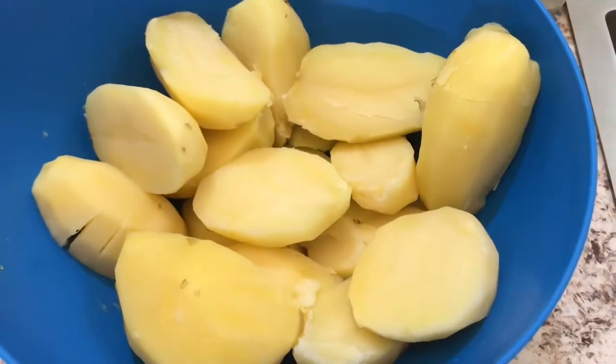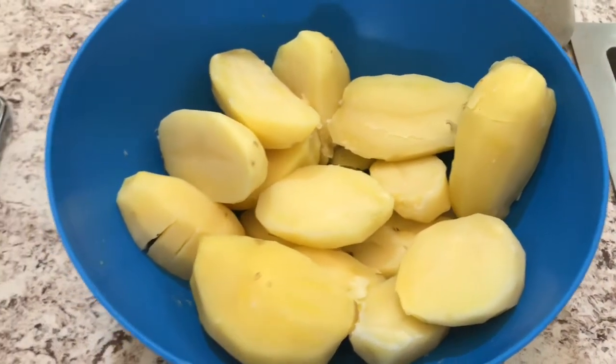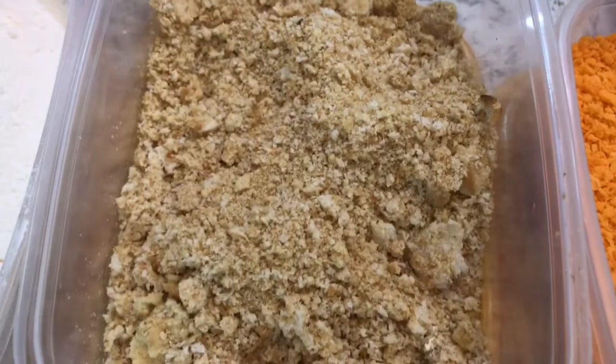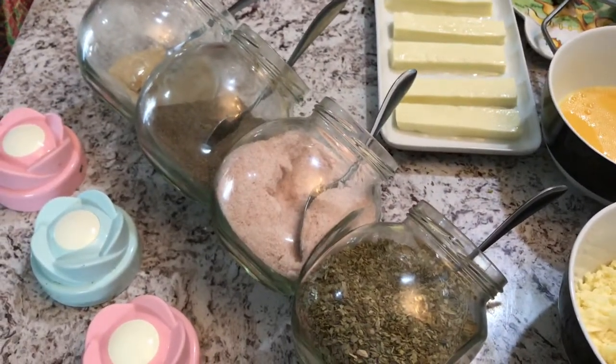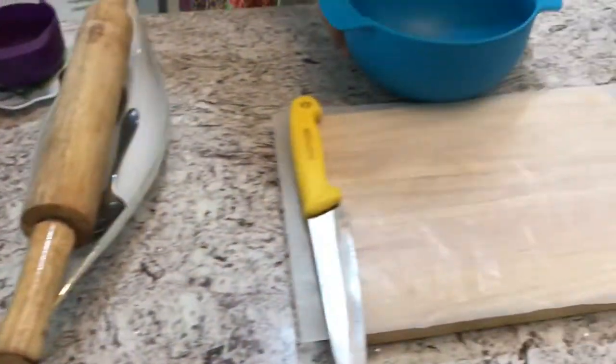Okay. For this first recipe, we're going to be making breadsticks. For this, we will be needing 1 cup of boiled potatoes, which we will be mashing soon, 1 cup of breadcrumbs, I'm using homemade, 2 tablespoons of corn flour, half teaspoon of garlic, 1 teaspoon of salt, half teaspoon of black pepper, and 1 teaspoon of oregano. I'm gonna start by taking 1 potato